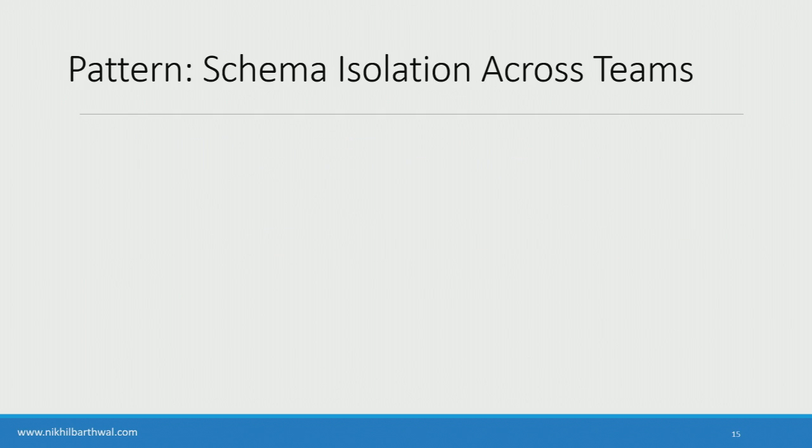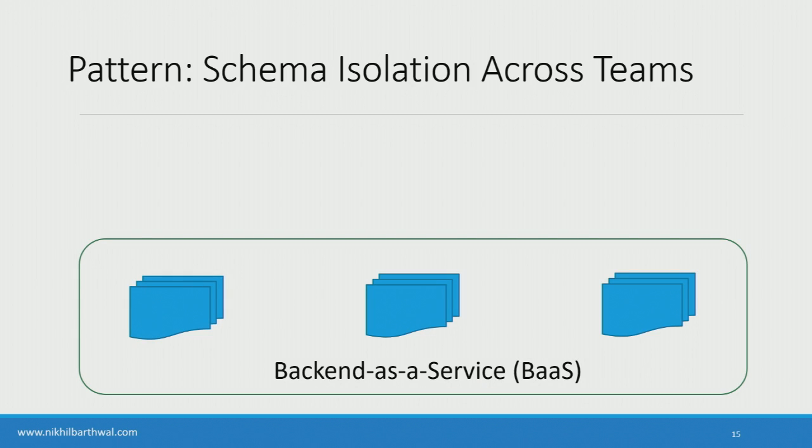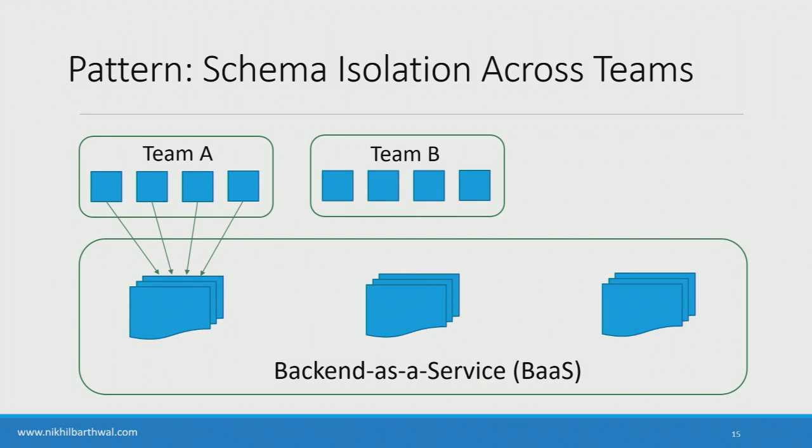So how it works is that you want the schemas to be isolated across the teams. So you want your backend as a service, you have these tables, and then you have these different teams. Typically, one team will own more than one function. In the microservice world, usually that's the case, but it's not necessary. And the reason why it's not necessary is because microservices don't have a resource limitation. Serverless do. So the chances are that the functionality one team is responsible for might not be possible to implement in one function. So a more practical scenario is, a team owns certain functions and it owns a certain schema.